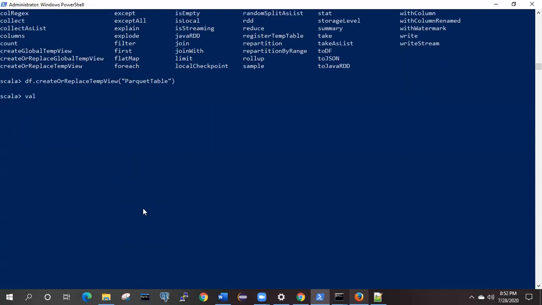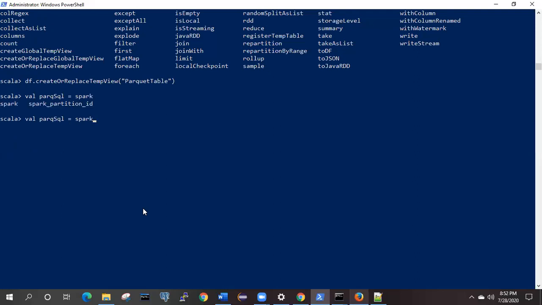Spark already supports SQL queries, so how can we read it? We are reading the Parquet file, and this is simply the name, we can provide any name. We know that we have the spark variable already available.